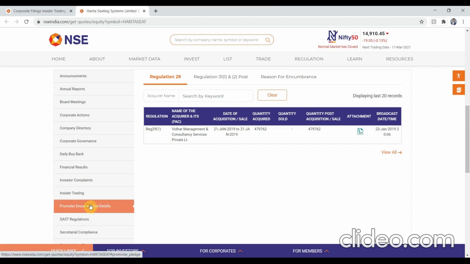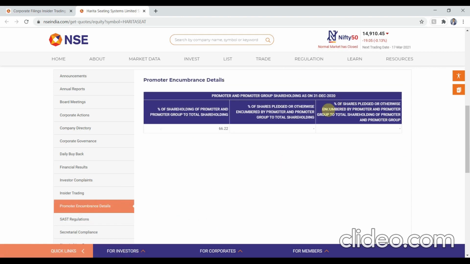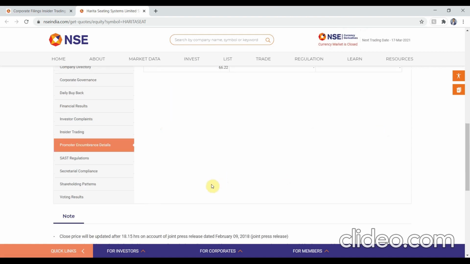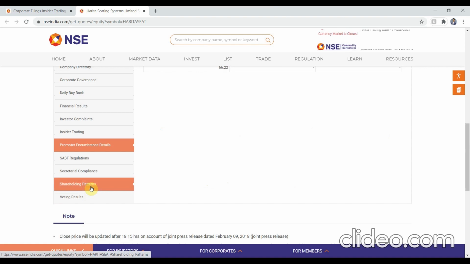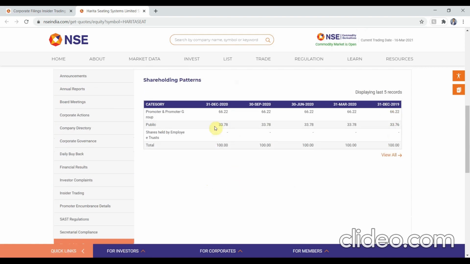Next, we'll check the promoter encumbrance detail. Okay, so the percentage of shares pledged is 0%. Next, the third primary criteria is shareholding patterns. As you can see, the latest shareholding of promoter and promoter groups is 66.22% in this particular stock. So now it passed all three primary filters.